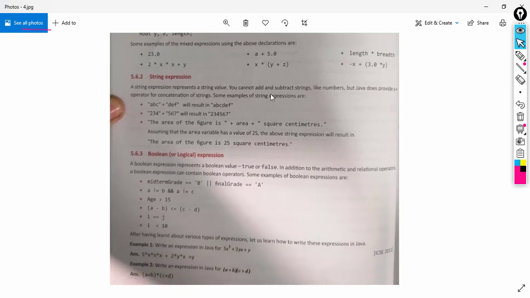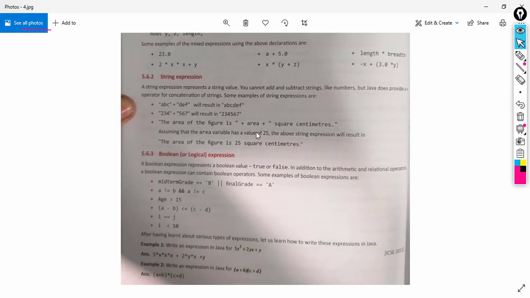Then we can see string expression. From the name you can understand it will have string values and only one operator, which is the concatenation operator.